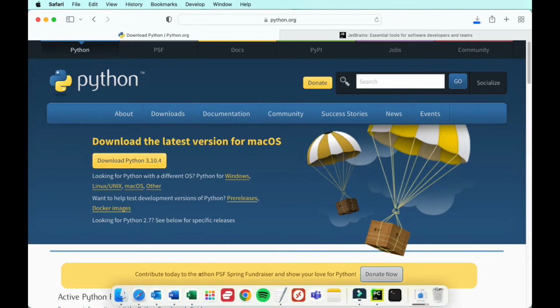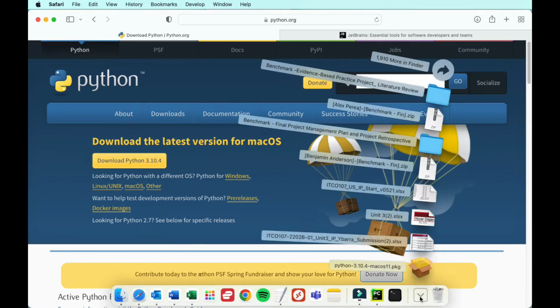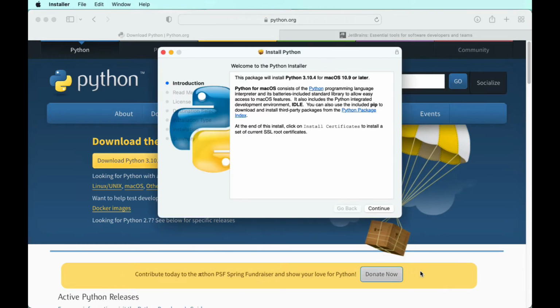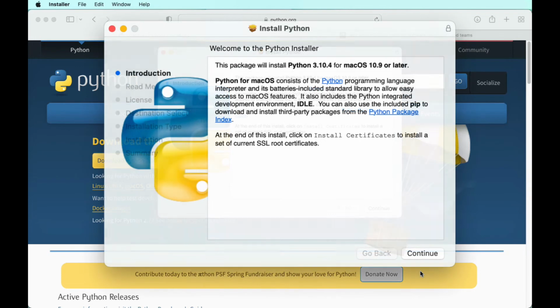Okay, so the file is downloaded, and I'll open it up to begin the install process. From this screen, you can see that it says it will install Python on Mac OS, but it will also install additional things like standard libraries, as well as a default Python editor called IDLE, which stands for Integrated Development and Learning Environment. Actually, I've also heard it pronounced as IDLE, so you may call it as you please, but regardless of the correct pronunciation, this is actually a decent Python editor, but it's no way close or as powerful